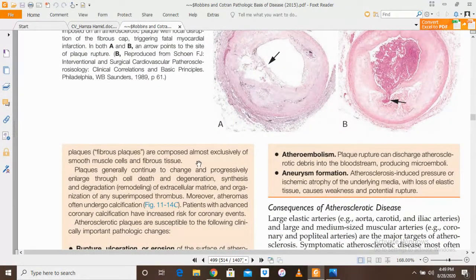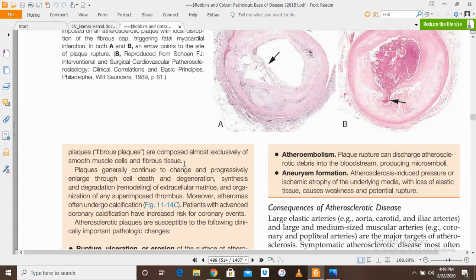Fibrous plaques are composed almost exclusively of smooth muscle cells and fibrous tissue. So basically, there are two types of atheromatous plaque on the basis of how much fibrous content or how much lipid content is present. Some atheromatous plaques usually have a large amount of lipid, and some have a large amount of fibrous